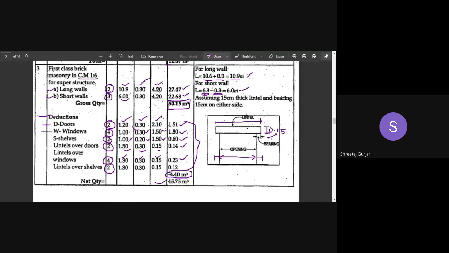Until then, if anyone has any doubts or anything to ask, you can ask now. You can type in chat, or you can just unmute and ask if you have any doubts. And until then, others can copy it down.